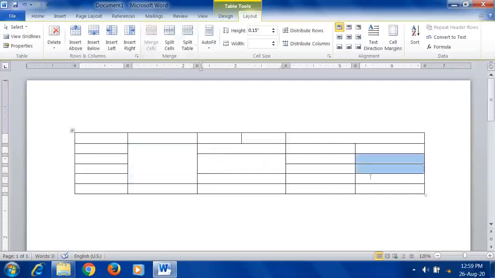So this is the merging option. Merging combines the selected cells and makes a single cell. I hope you have understood these points: changing the row height, changing the column width, splitting cells and merging cells. In the next class we'll see how to apply the border and shading for the table. Thank you for watching.